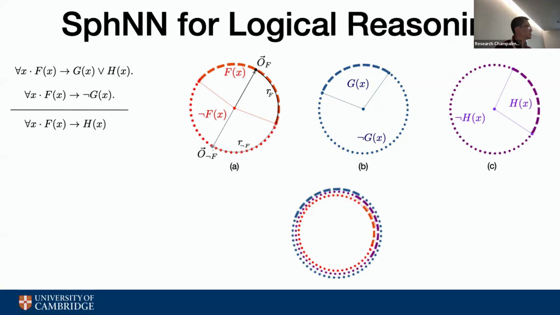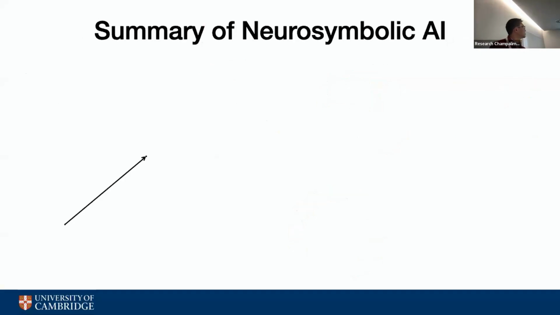We construct a Euler diagram as a circle by rotating the arc. If it's satisfiable, it's satisfied. The conclusion is satisfied. So I think it's good. So the summary of symbolic AI is that